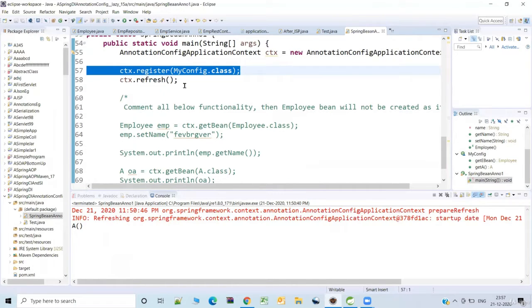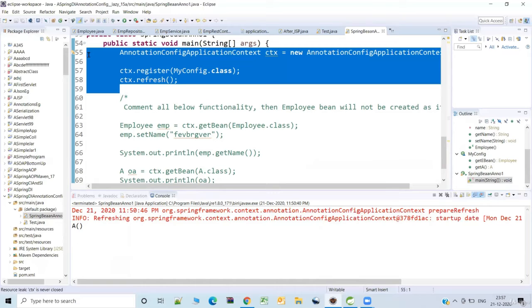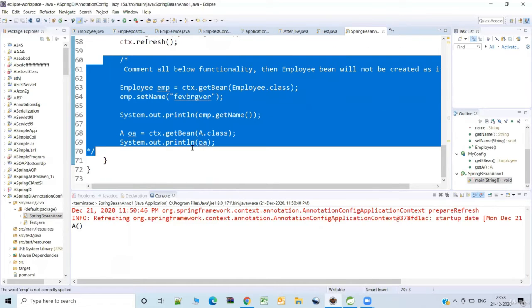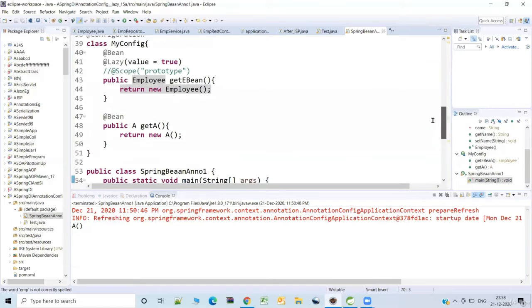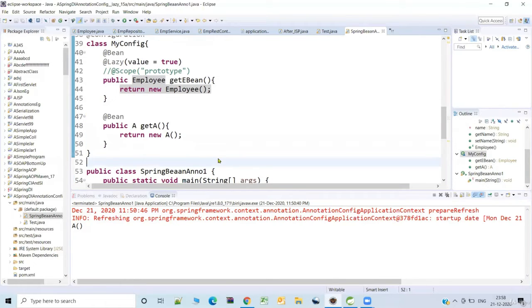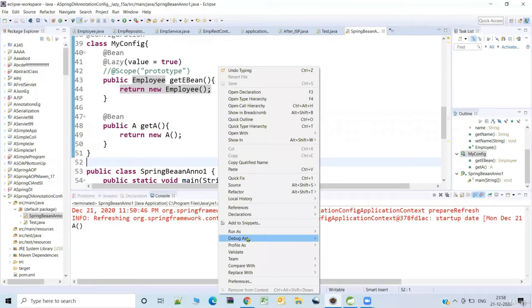So here the configuration class is being loaded, and I don't have any other code. I'm neither requesting A nor requesting Employee. So basically, we want A to get created because it doesn't use lazy loading. Let us just run this application and see that the constructor of A gets invoked.